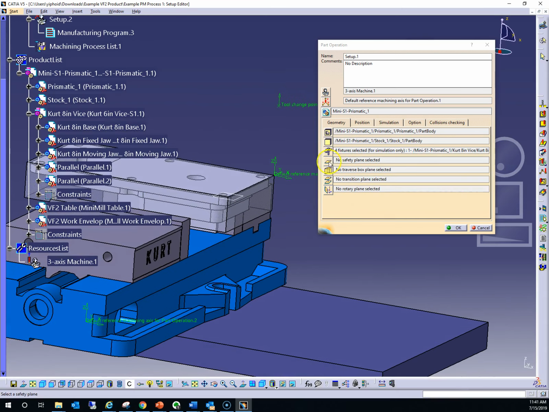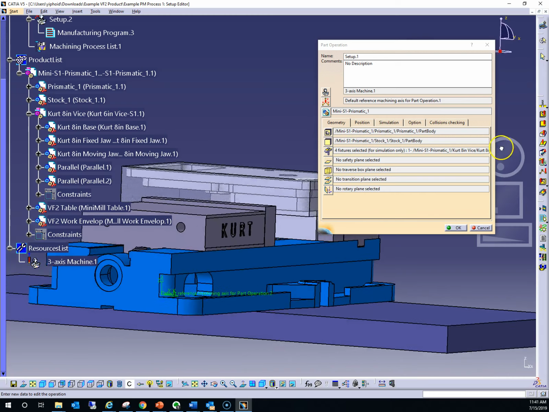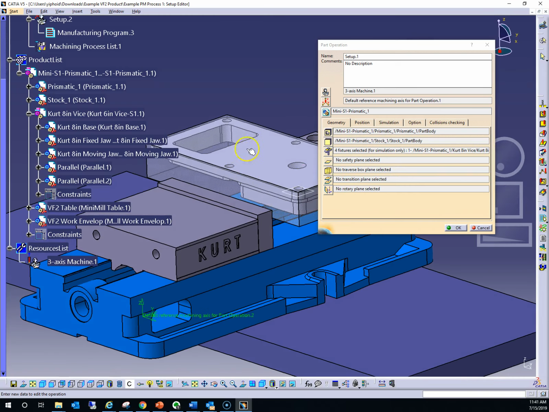The safety plane is also pretty important. This is a global safety plane, and one sets this to establish a height below which one has to start thinking about switching from rapid to controlled feed moves to avoid collisions. So in most cases, for a part like this, the top surface of the part plus maybe a 50 thousandths offset upwards would be appropriate. So to do this, I'm going to click on the safety plane,